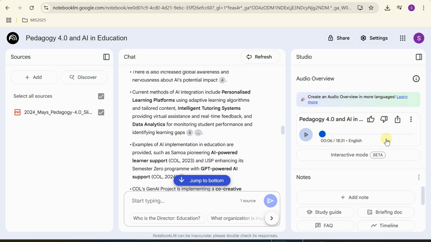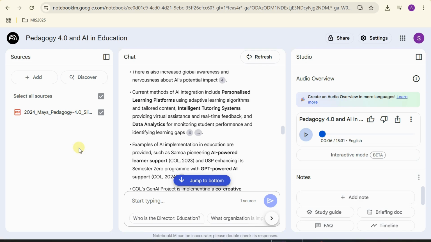It's now an 18-minute audio file, and you can listen to it. Very, very good audio quality. And once you are satisfied with it, then you can go here and you can just download. Okay, so you can download it, and you can have it as an MP4 audio file, so that you can listen to it on your mobile phone or your PC. So that's how easy it is